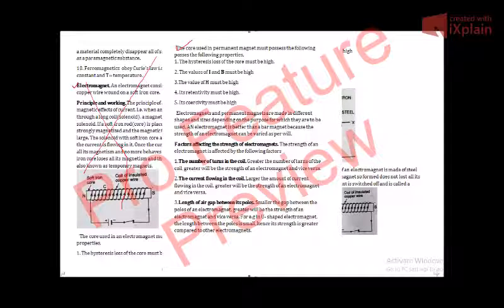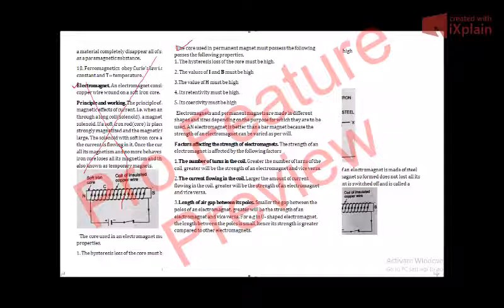Bar magnet is a natural magnet. Remember this thing, that is also a permanent magnet. And the steel which we made now a magnet is also a permanent magnet. But this is a permanent electromagnet, and the bar magnet is a natural magnet. This permanent electromagnet, that is steel which we have made now a magnet, is better than a bar magnet because the strength of an electromagnet, that is the steel rod, can be varied; we can make it stronger or weaker. But the strength of the bar magnet cannot be varied, that will be constant.